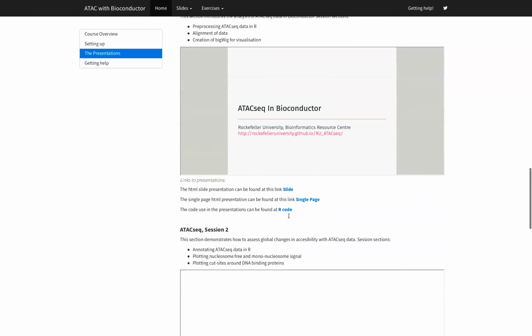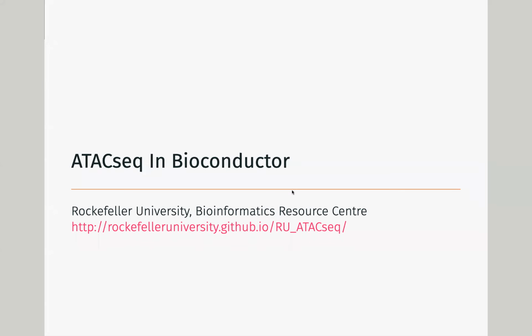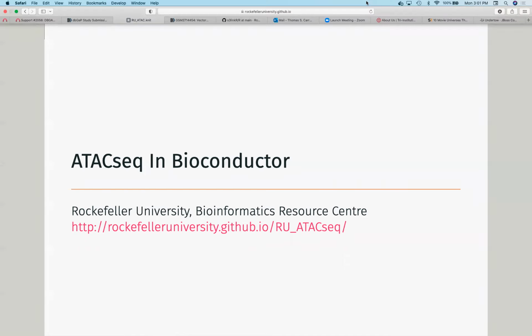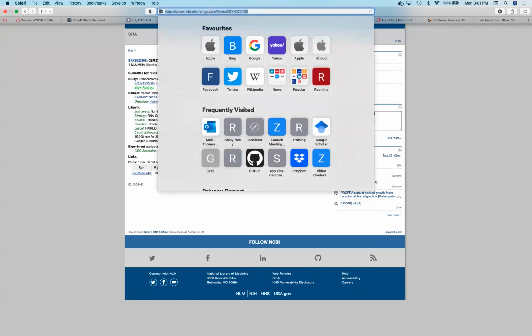So ATAC-seq is a great method, and it's developed more recently than most of the high throughput sequencing methods we use. And actually, it's one of the ones I had the joy of discovering how to analyze when I came to Rockefeller. So I had to pick this up and learn this when I came. And what we did is I actually hosted a little class on